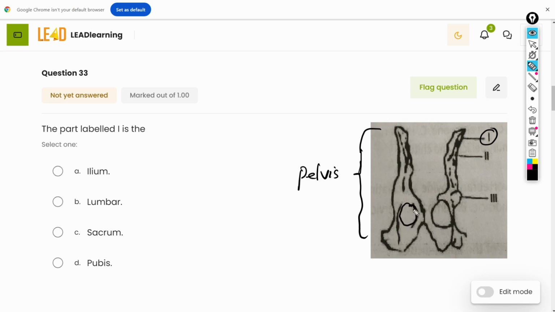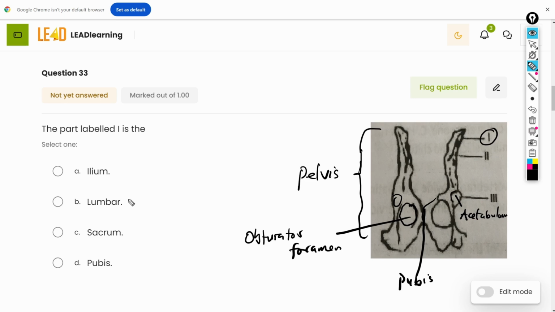We know it is the pelvis because we can see the obturator foramen, and we can also see the pubis. This is the pubis, and there should be another one here too. We can also see the acetabulum, which is the point for attachment of the head of the femur. So the structure 1